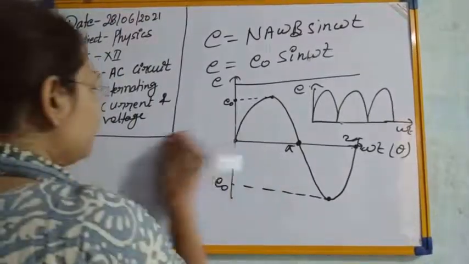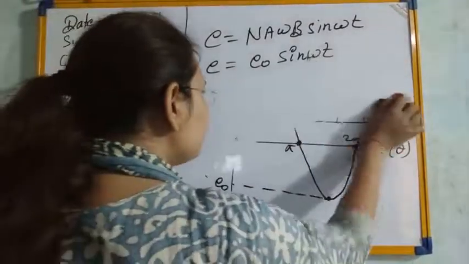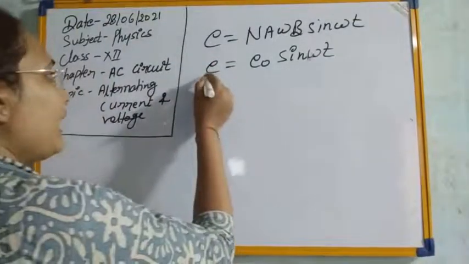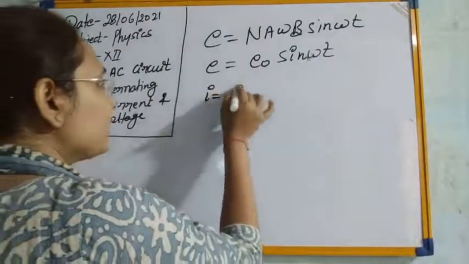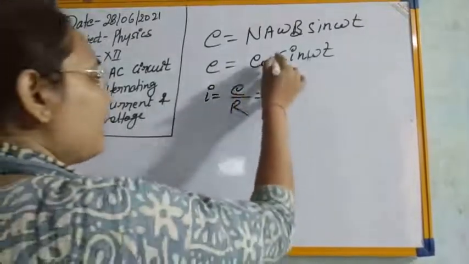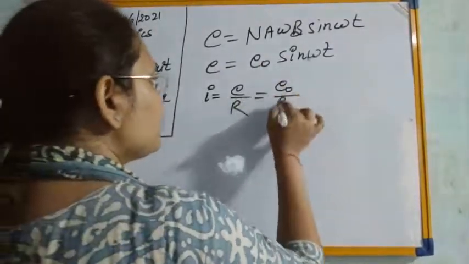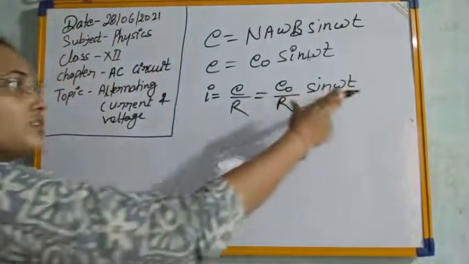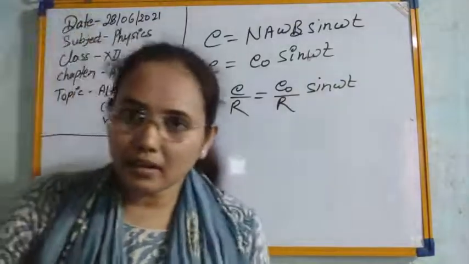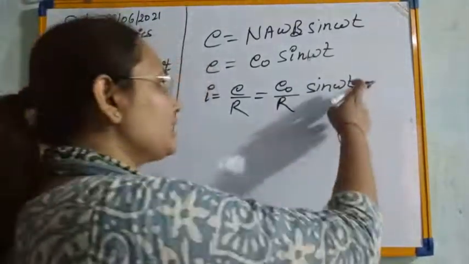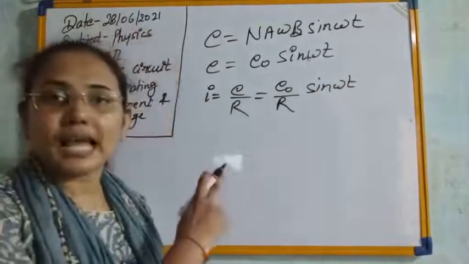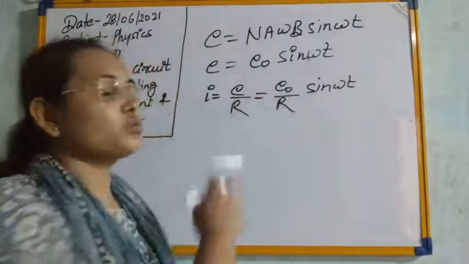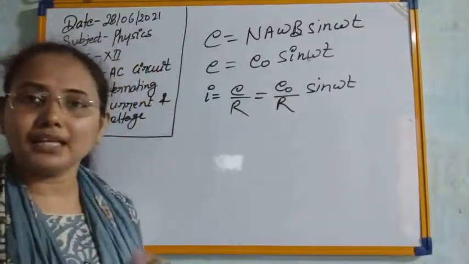Now let's write down the value of current in terms of a sine function. With the help of this induced EMF we can calculate the current, and this is given by E by R. If you use this formula, this is E0 upon R times sine omega t. So here we can also see that the current is a sinusoidal function, and again it is changing with time. Whenever you change the time, its value will change. This expression for the alternating current is known as the instantaneous value of the current at any instant t.